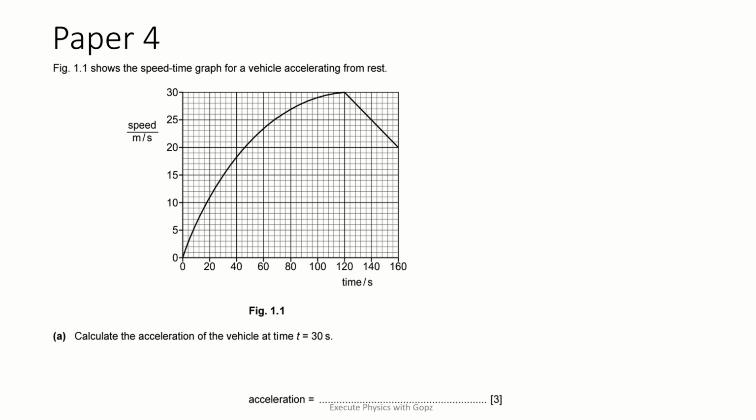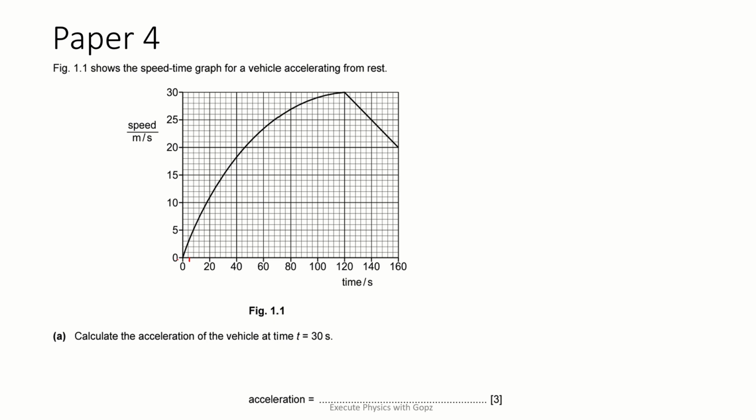It is not a multiple choice question. This is from the extended paper 4. So let's look into this graph. It shows a speed time graph for a vehicle accelerating from rest. Okay, so before we proceed with any graphical question, it is important for us to know what each unit signifies. Let's take the x-axis. It represents time. So how much is each unit? Each unit, how much do you think it would be? There are a division of